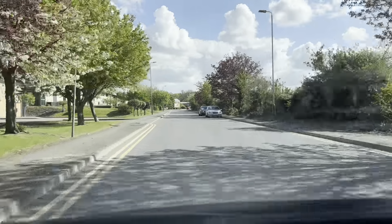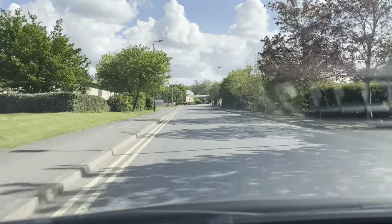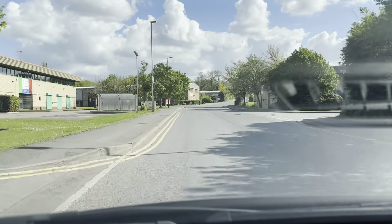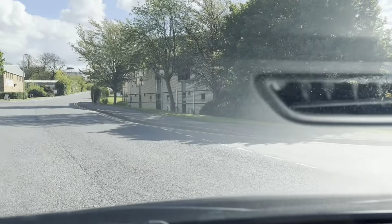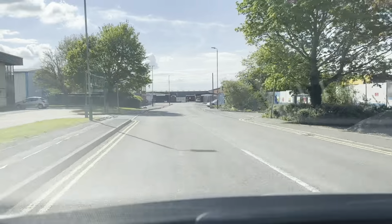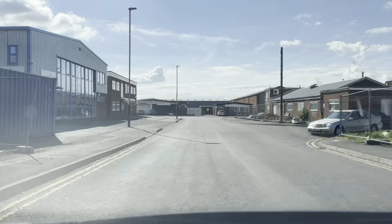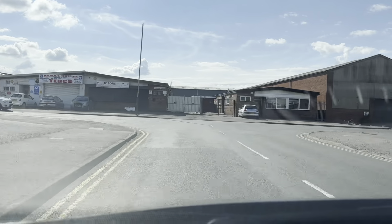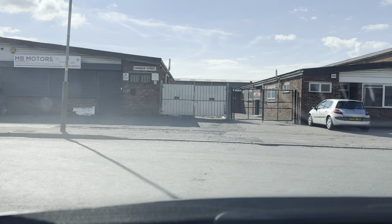Taking the next road on the right. The car is coming from ahead very fast. Make sure when you're turning that they're not close. There's nobody there, so I'm okay to turn. So we are coming to the test center road now. At the end of the road, turn right, then the center will be on your right. Again, it's a T junction. Nice and slow, gear 1. Safe to